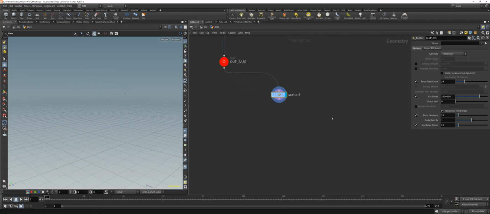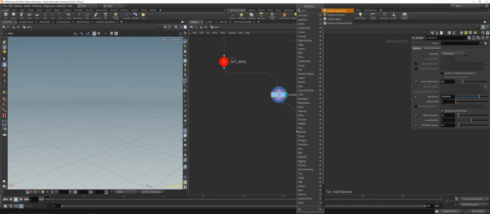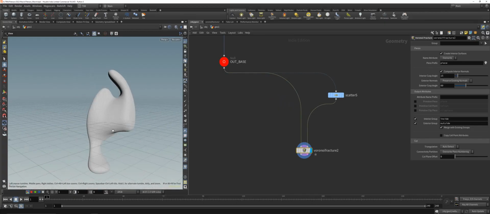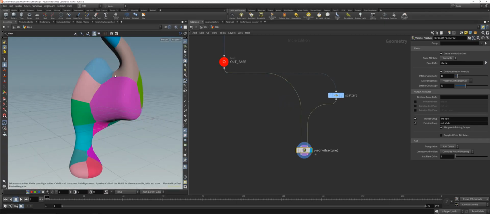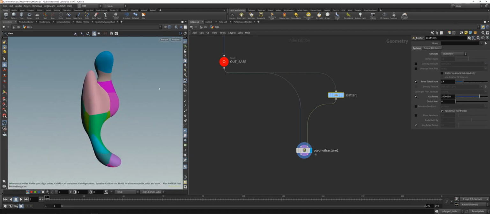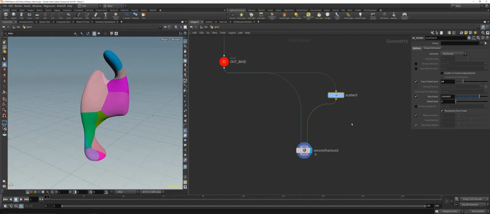With those points, for example, I don't know, 15 for now, we will place down a Voronoi, and what I want to basically do, I want to split our geometry. Let's reverse that here. So we now split successfully our shape into different pieces. Of course you can, for example, disable the relax iteration to get a little bit more random pieces, or you can keep it on to get a little bit more